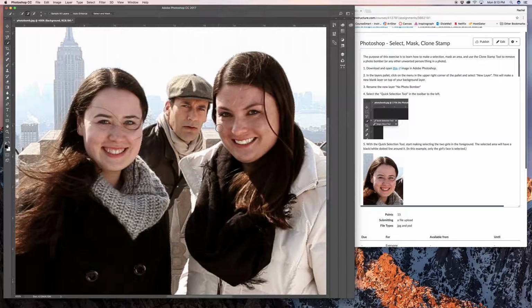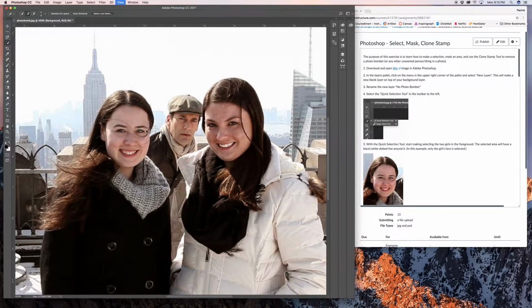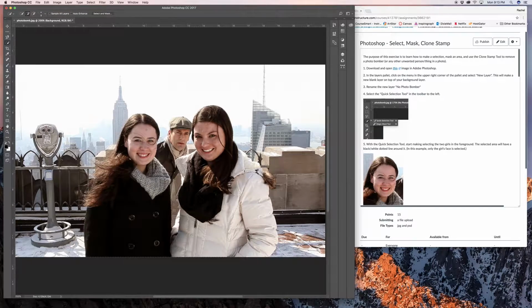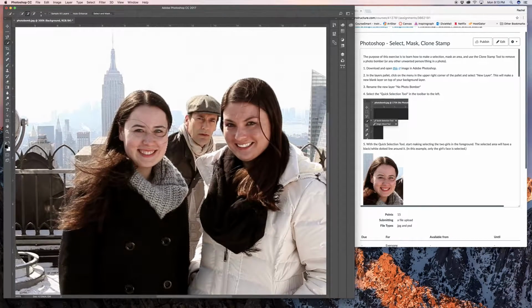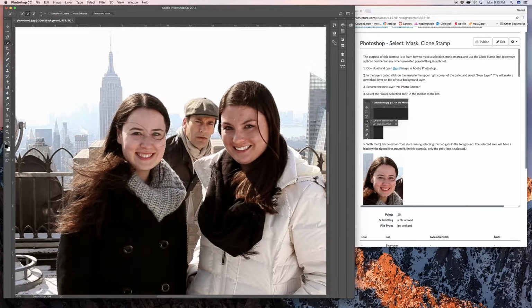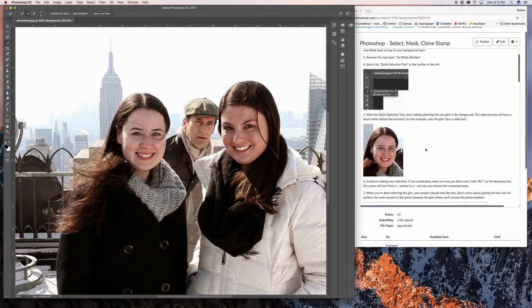So I'm going to hold the Shift key and then the Option key, and you can get very particular about your selections. And again, that's part of mastering Photoshop, is mastering selections and getting really particular about them. But this will work for what we're wanting to do. Now, if we wanted to modify this guy here and erase him, right now the girls are selected, and we